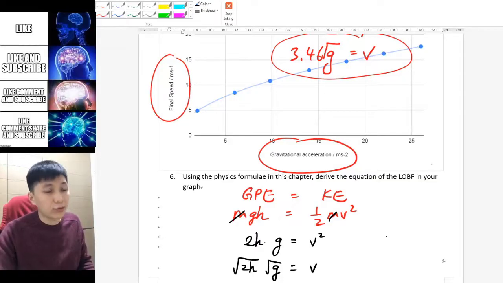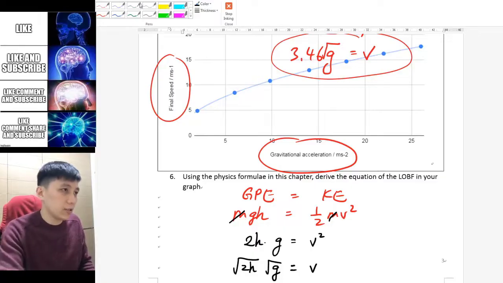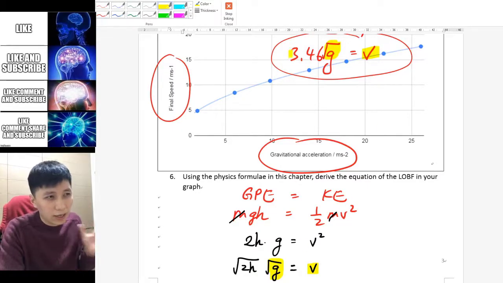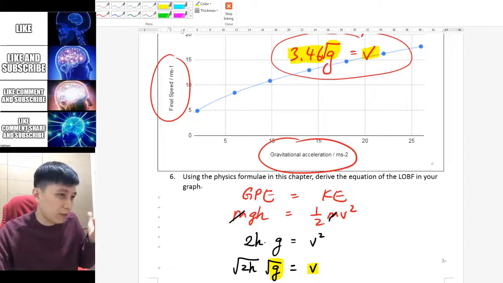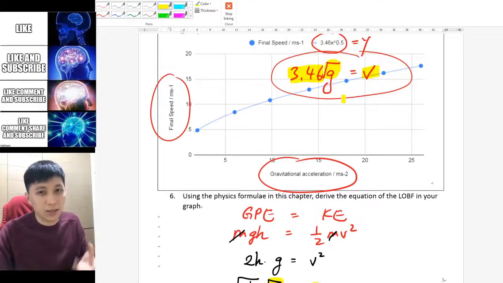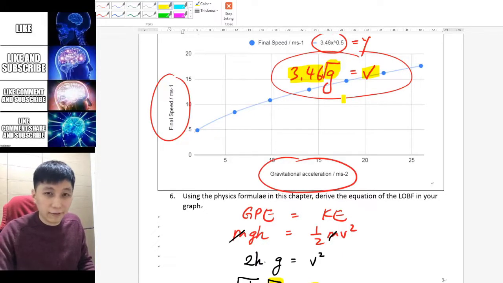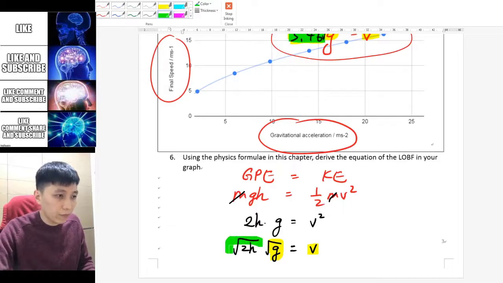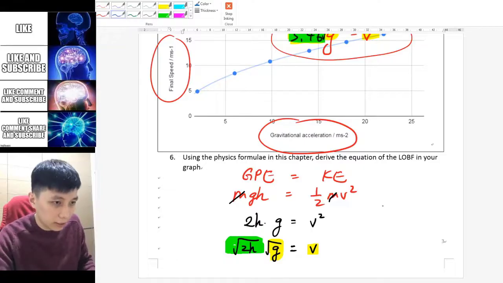Let me also introduce you a secret Easter egg here. So as you can compare, v is here and then root g is here. Then think about this. Why must this equation give you 3.46 in our data? Why not other numbers? Let's pause the video and think about it. A few moments later. Alright, so the answer is that if you try to compare 3.46 with the formula that we derived, it actually corresponds to the constant root 2h. So if you try to put them together,